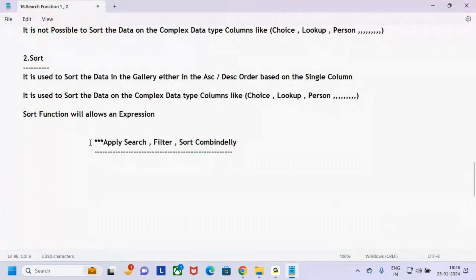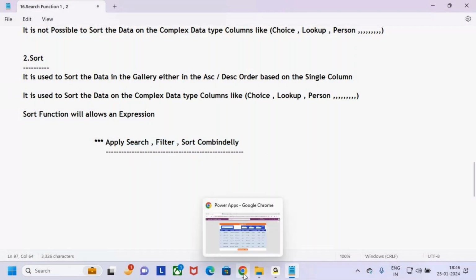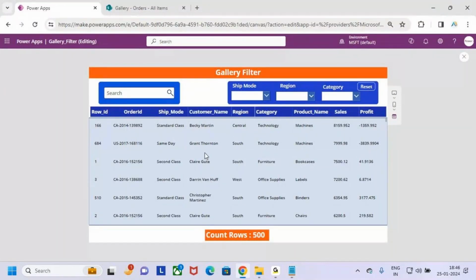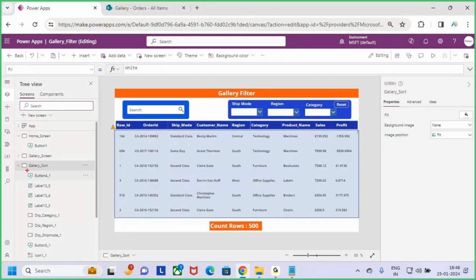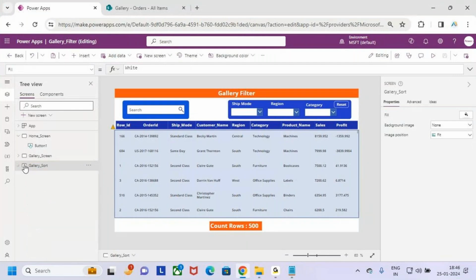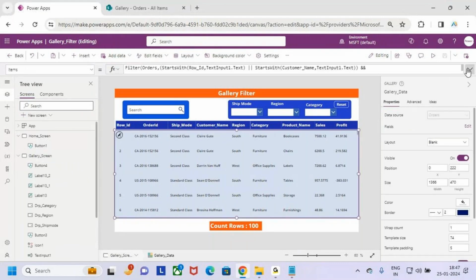Whatever we have discussed so far, I'm going to keep at one place, and now I'm going to combine all those things. This is important. Let me show you how to implement search, sort, and filter combinedly. Currently I'm in the sort gallery screen. Let me do one thing: go to the gallery screen, go to the gallery filter screen. Now see in this screen